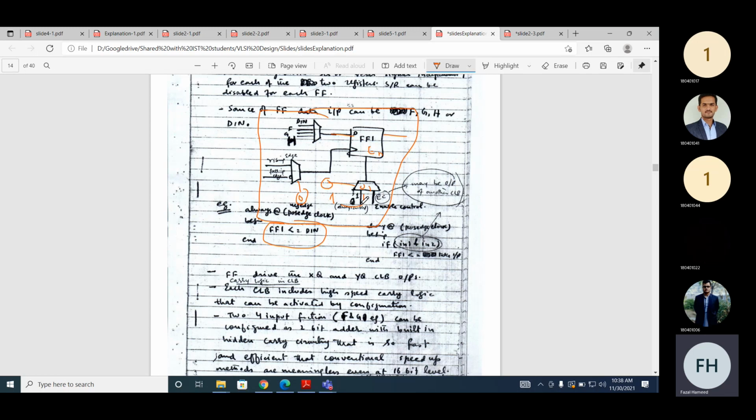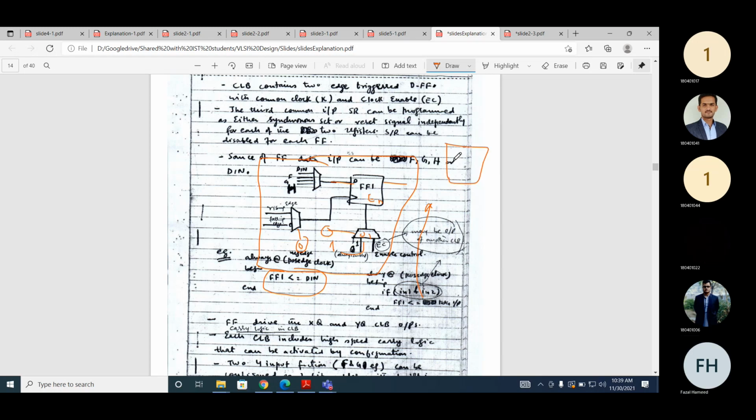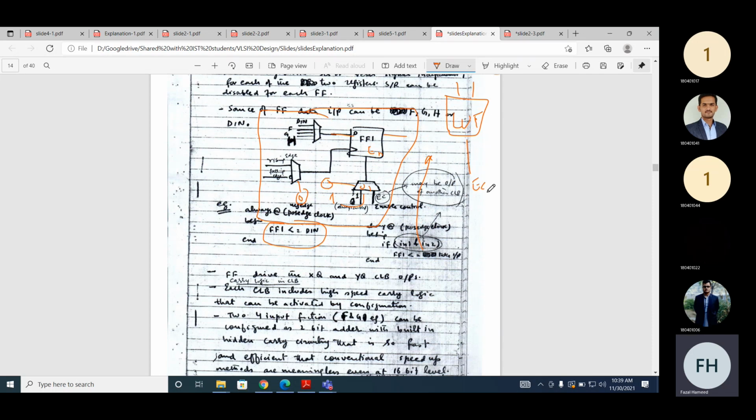So now let's assume we are implementing this always at positive clock, with IN1 and IN2. Now enable itself is a function of IN1 and IN2. So enable depends on the signals IN1 and IN2. So actually there will be some LUT to implement this. We need a LUT. The input to this LUT will be IN1 and IN2, and the output of this will be EC, and EC will be connected to this.